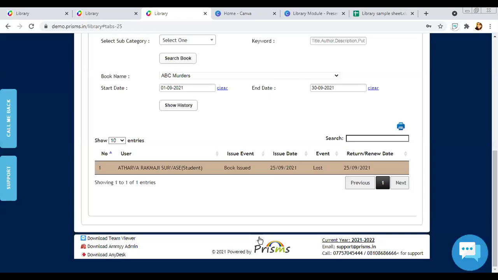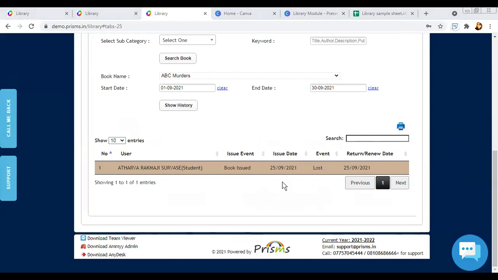Yes, staff can also, sir. As we have set the renew dates for students and staff, you can set the same for staff also. The only thing is, for staff the dates are different, like sometimes many schools or institutions allow staff a bigger issue period. So in that case, you need to define that in the settings. That's all. You can have different days for student and staff.